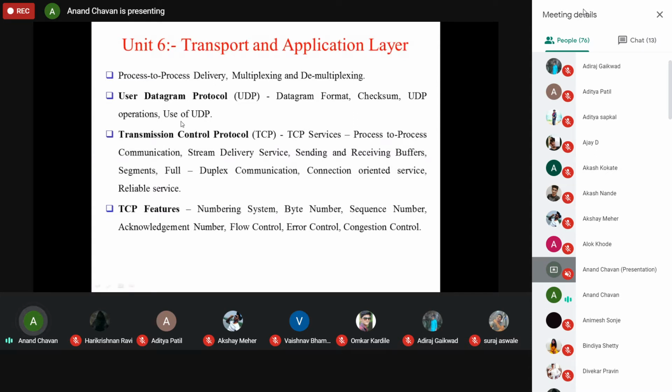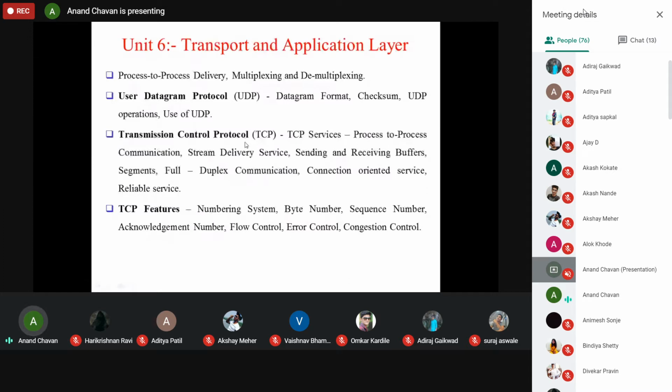The next point in this chapter is Transmission Control Protocol, that is nothing but TCP. In TCP, there are different kinds of services provided to the different layers, such as process-to-process communication or delivery service, or you can use the sending and receiving buffers.